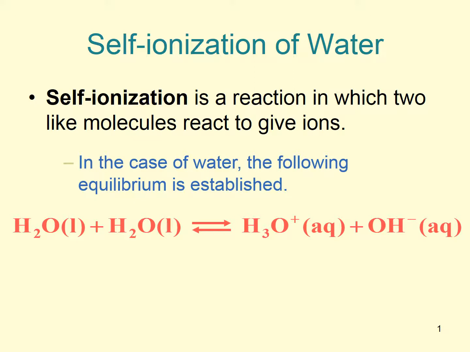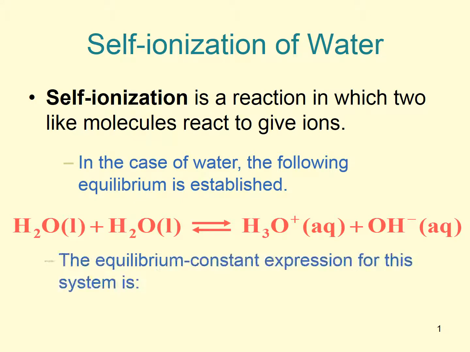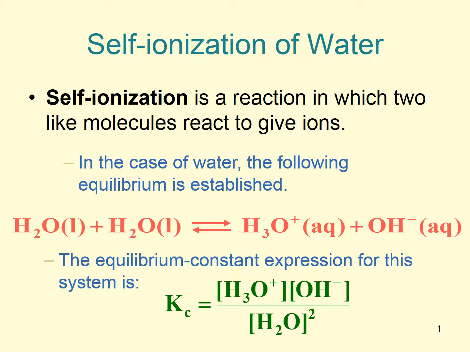This is called the self-ionization of water because, as the name implies, water is ionizing itself. So we get H3O+ and OH- as the products. Now, we can also set up an equilibrium expression. So Kc equals [H3O+] times [OH-]. Of course, we remember that we don't always write liquids in the denominator, but if we do, we get this